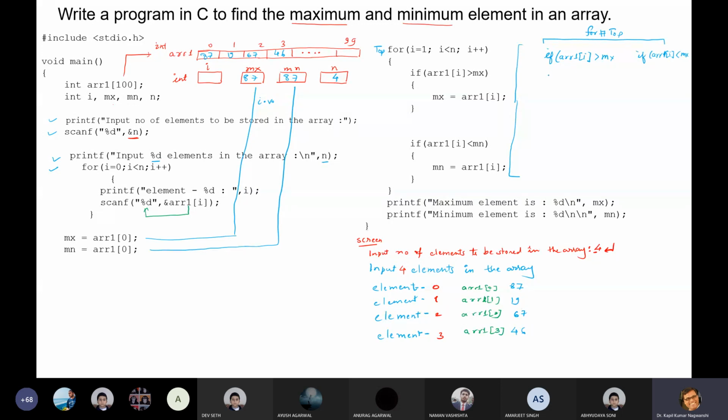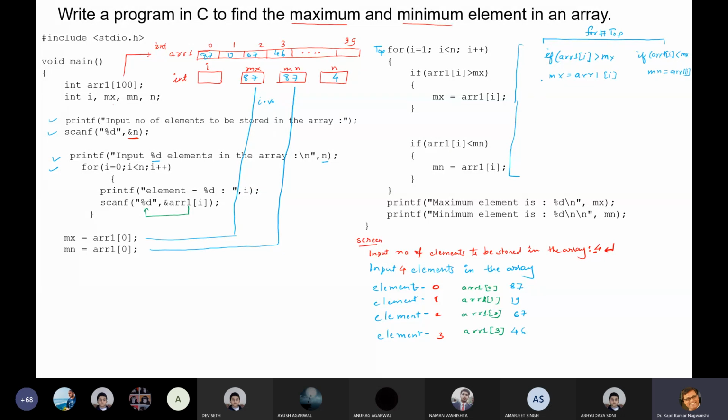If this condition is there, then only max equals arr1[i] or min equals arr1[i]. So these are the two conditions.